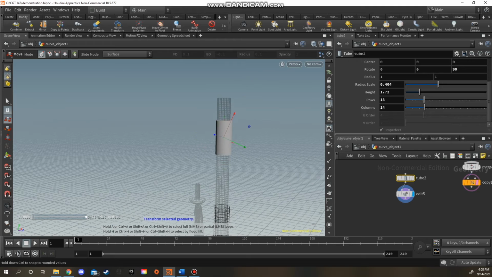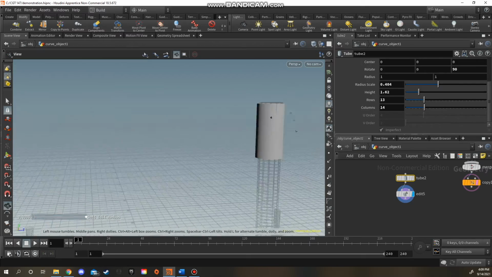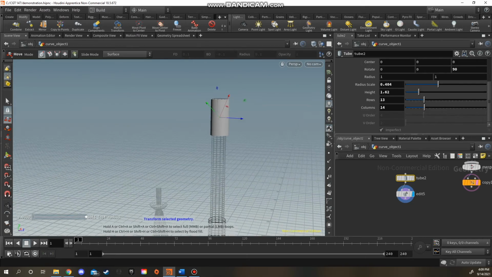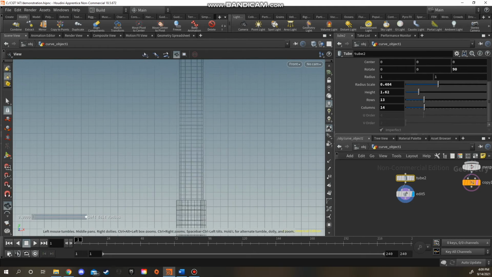Maybe even a little bit shorter. Yeah, yep, I'd say that's pretty good. Yep. So then after we do this, if we go into the side view,